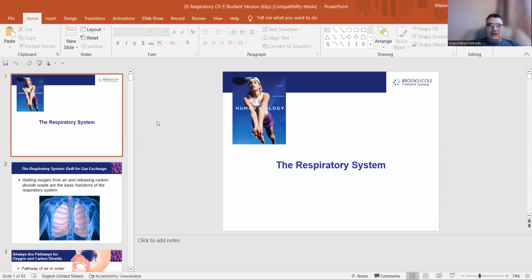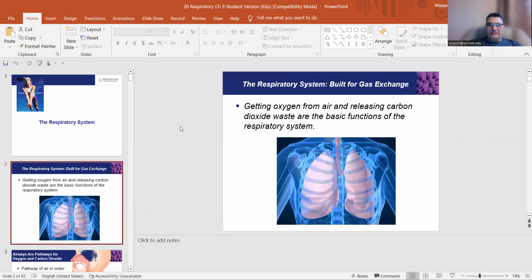So we are doing the respiratory system today, and I will be focusing as usual on the basics, the most important parts of this system. And generally speaking, as we all know, the respiratory system is responsible for gaining oxygen and getting rid of carbon dioxide. And we talked about that in the previous system, the cardiovascular system or circulatory system,